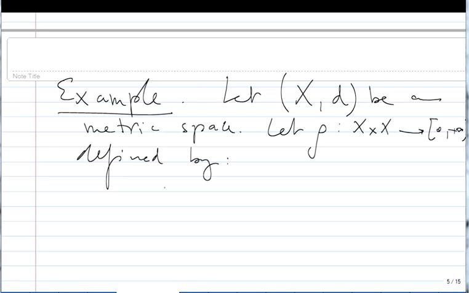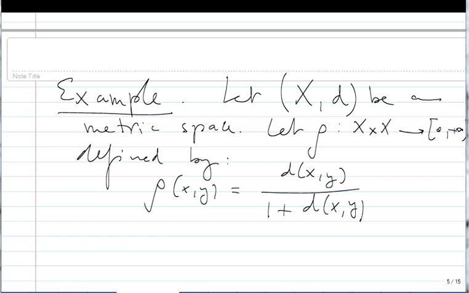In other words, we need to prove that rho of x, y is less than or equal to rho of x, z plus rho of z, y, for any points x, y, and z in M. This is not obvious,